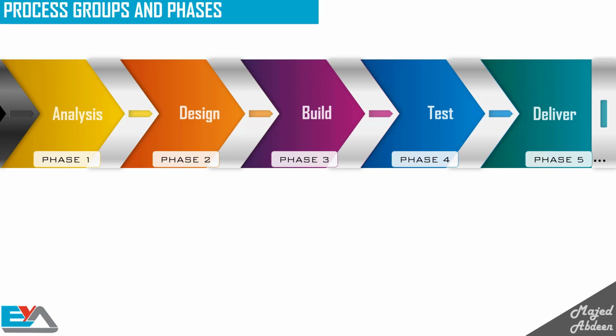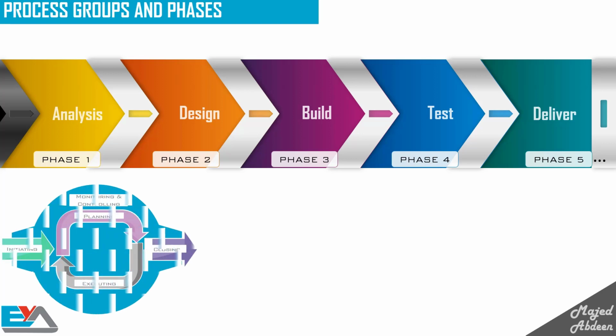So, when you hear lifecycle, think doing, and when you hear process groups, think managing. You might hear people say initiating phase or planning phase and so on, but that's wrong. These are only groups of the 49 processes. A project phase is something else. A project can be divided into lots of different phases. In these phases, you will do the work you need to do to achieve the project objectives. So, in your project phase, you might do analysis. This would be the analysis phase. You could have a design phase, build phase, test phase, and so on, based on your project.